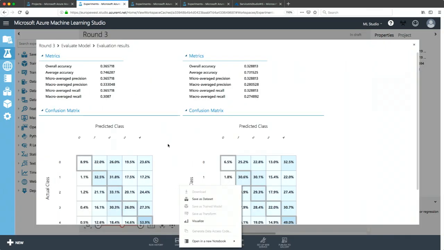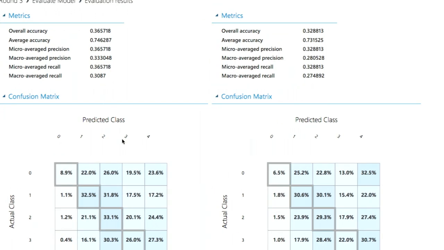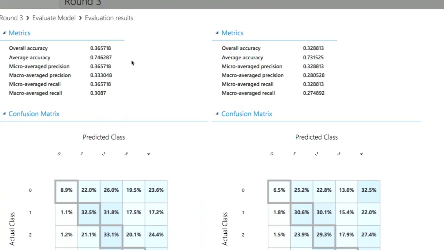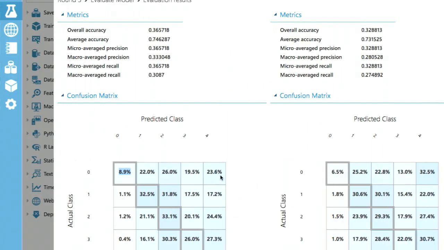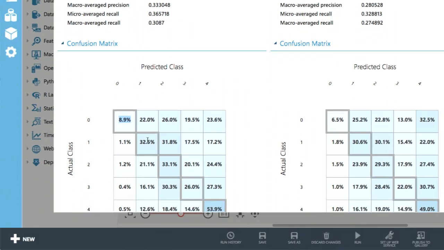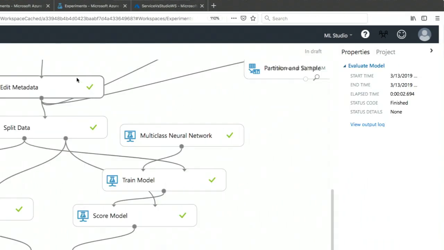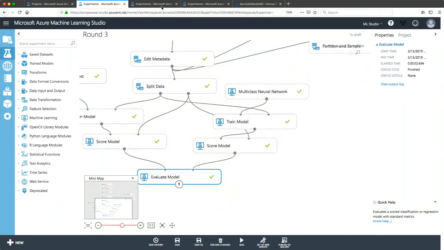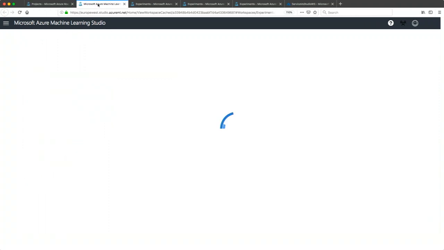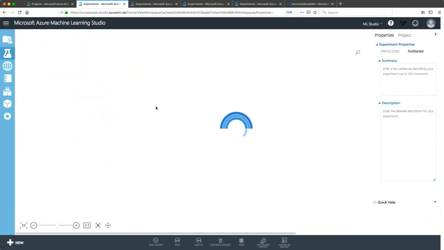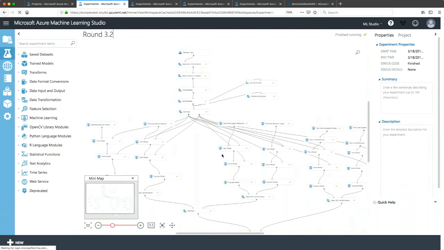The cool part is that this allows me to look at them and analyze the accuracies, analyze the confusion matrix. For me, for example, the decision tree works a bit better, right? The numbers are somewhat higher on the diagonal. And this is all fine and dandy, but what if I have more than 2 algorithms? What do I do with it? Well, after a short praying session, and it's loading, I get to something like this.